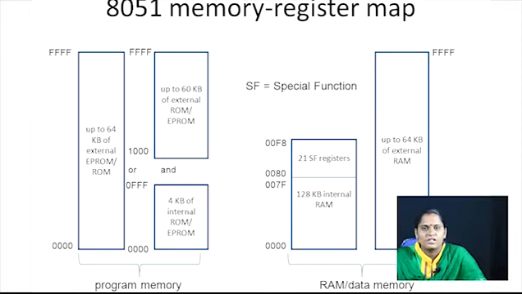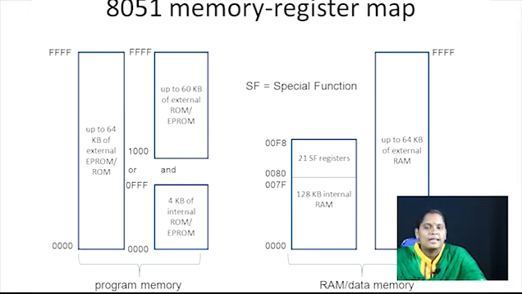Now in your mind, it may come, what are the special function registers? What are the names of the special function registers? Of course, you are going to know now. The basic special function registers are A and B. We apply these for mathematical arithmetic purposes, for addition, subtraction, multiplication and division. For those basic arithmetic operations we use these two registers, A and B.